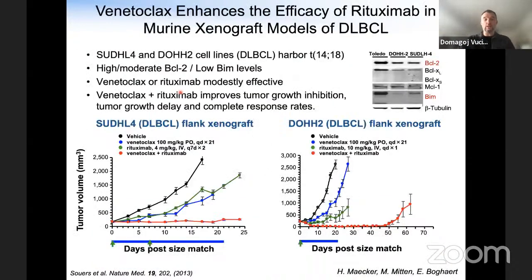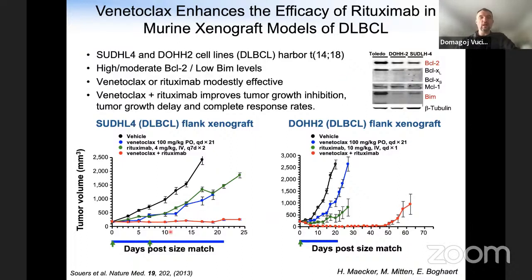And I'll just show you some of the preclinical data. Why was this compound so good? Because you have very good diagnostics, which is when you see BCL2 expressed at high or moderate levels, it's good, but you have to have BIM at low level. If you have BIM at high level, then you already inactivate BCL2, you would not have much effect, such as in Toledo. But in lines that have low BIM and moderate to high BCL2, then you have nice